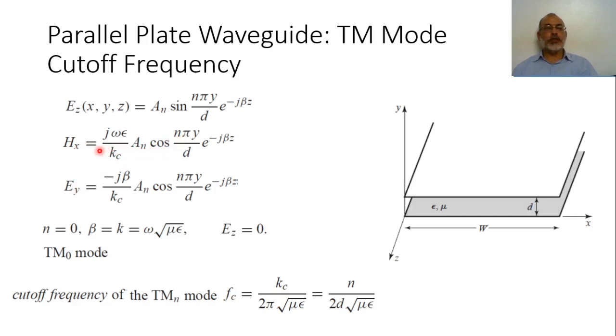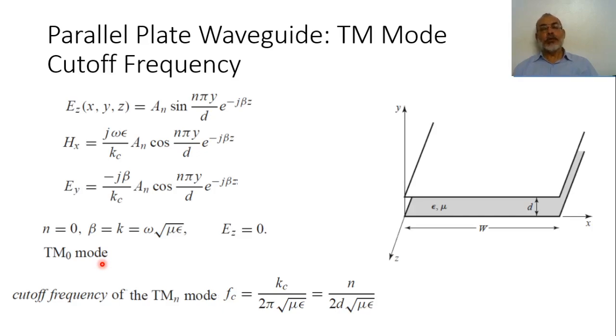So in this case, Hx would be j omega epsilon over kc multiplied by An, and Ey would be minus j beta over kc multiplied by An, and effectively this TM0 mode is actually